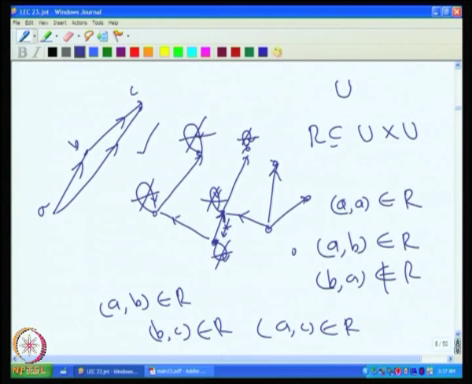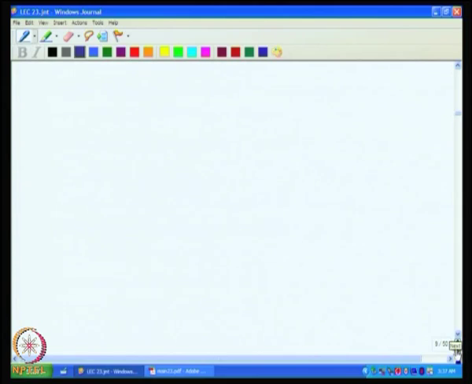Such a graph is the comparability graph of the partial order. In other words, there will be an edge between two vertices if the corresponding elements in the partial order are comparable. For a pair a, b, there will be an edge if either (a, b) or (b, a) is in the relation. Both cannot be, only one of them. So if one of them belongs to the relation, they are comparable. Once we define the comparability graph of a partially ordered set,